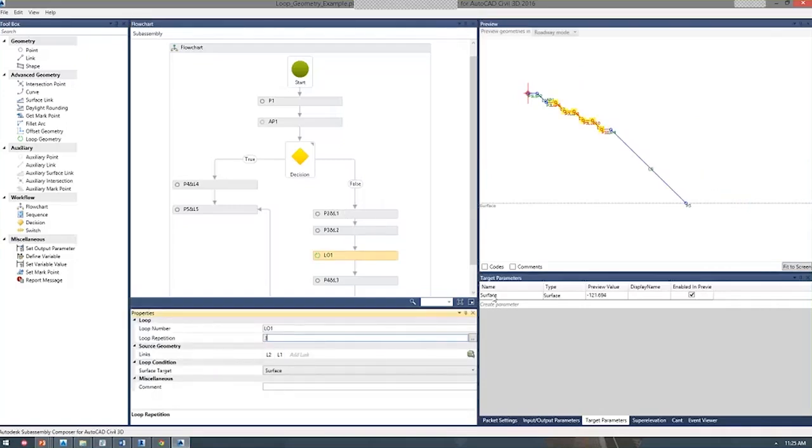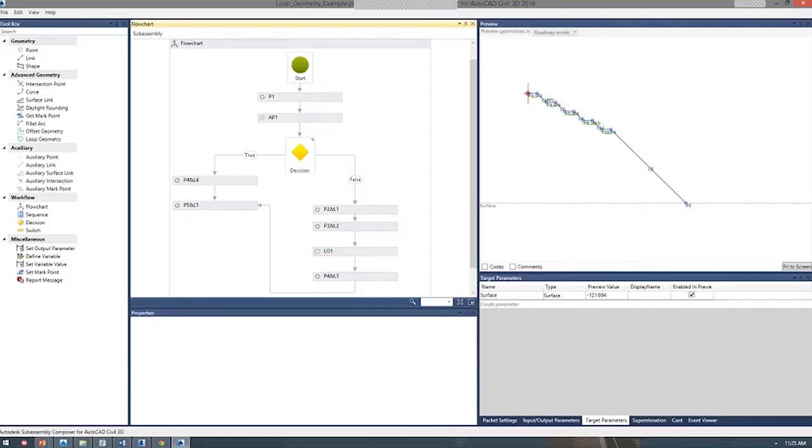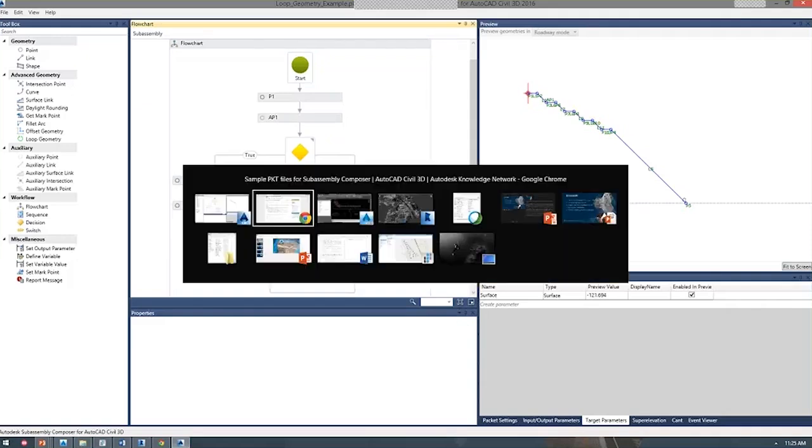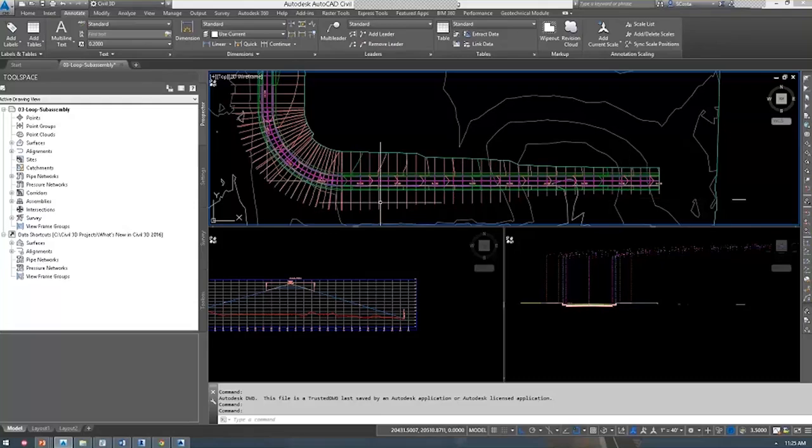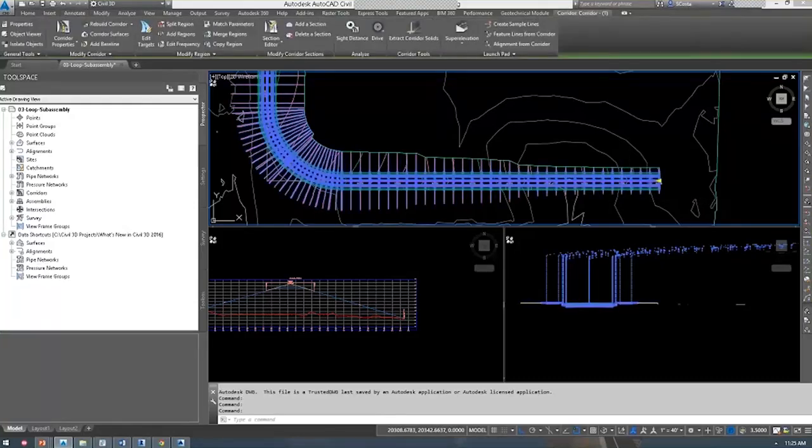So if I go with 3, you can see that it steps through 3, and then it goes into a section where it just finds daylight at a particular slope, right? So very useful for creating these types of geometries that you wouldn't normally be able to do with a typical subassembly. Now, the example of that would be if I went and I chose this corridor that I already modeled